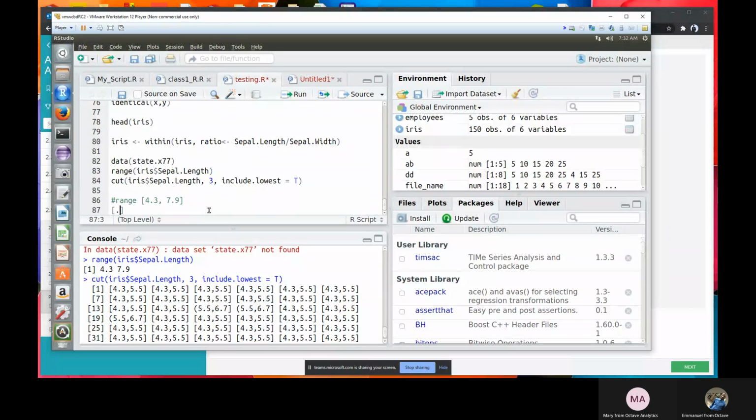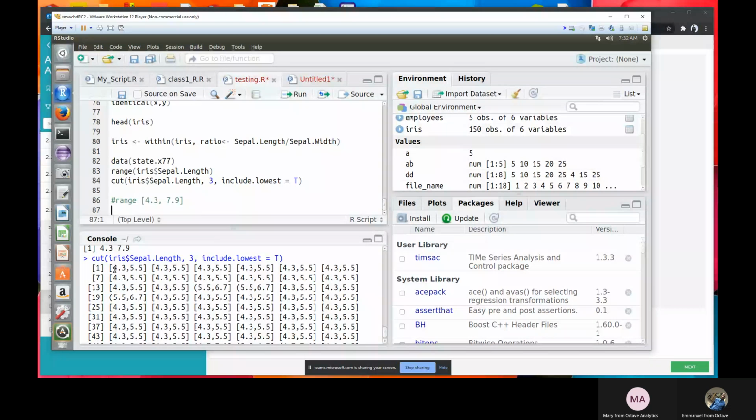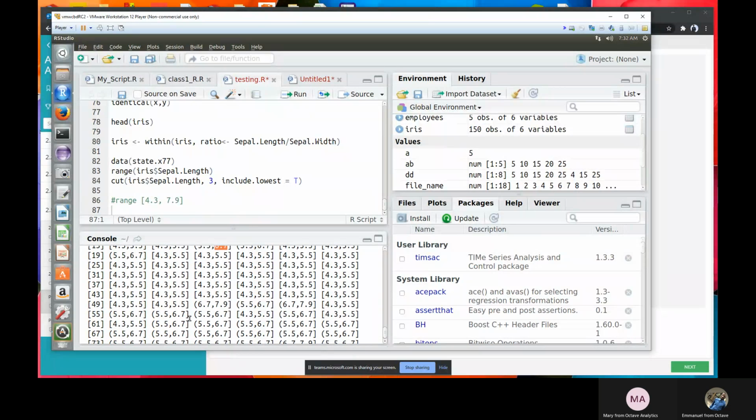You see that you have three categories: 4.3 to 5.5, then 5.5 to 6.7, then 6.7 to 7.9.